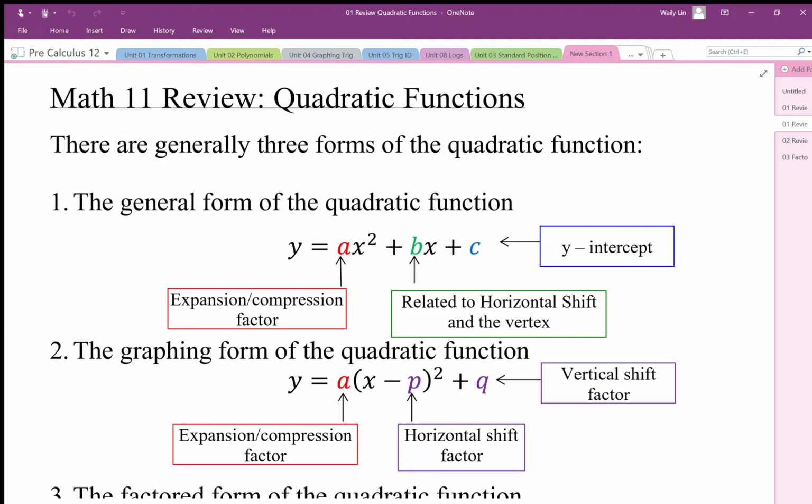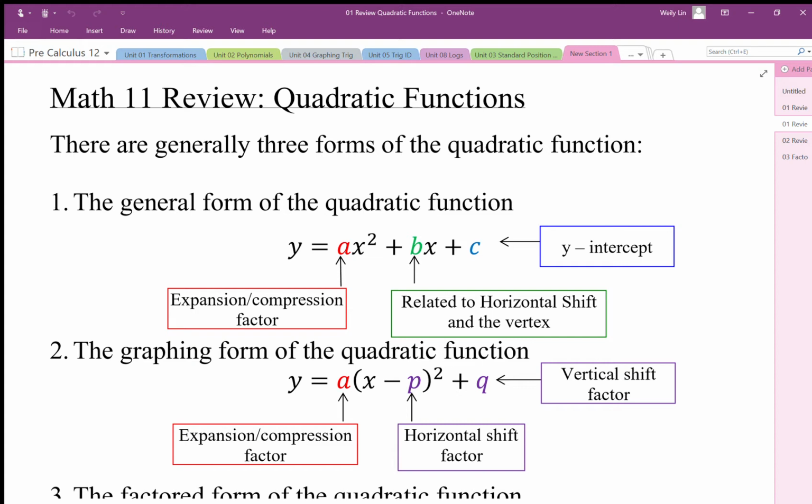So a lot of Math 11 was looking at quadratic functions and equations, so it's really important that we have a good strong grasp of quadratic functions and their parts, as we'll be using them a lot in Math 12. So the general form of the quadratic function is this form here with the ax squared plus bx plus